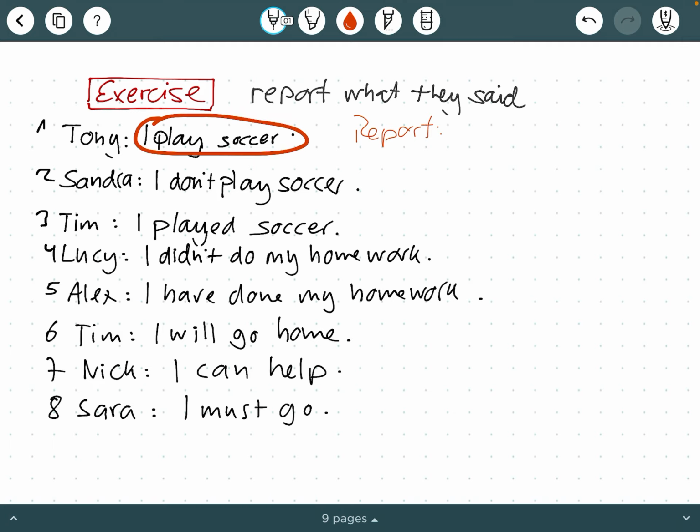Here, the first example, Tony, he said, and now I'll have a look. You need to find the tense. It's play. Play is the simple present. Simple present has to be a simple past. So he said, he played soccer. That's the first. Please do the rest and write it down.